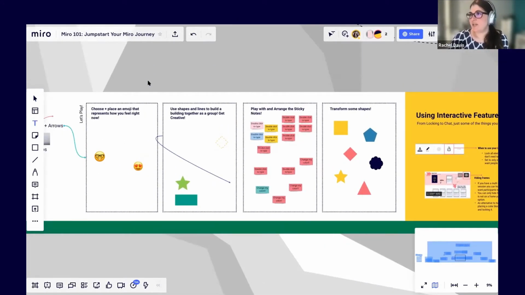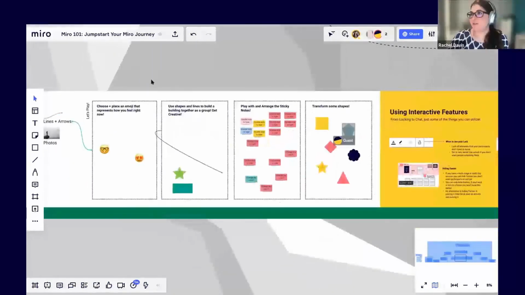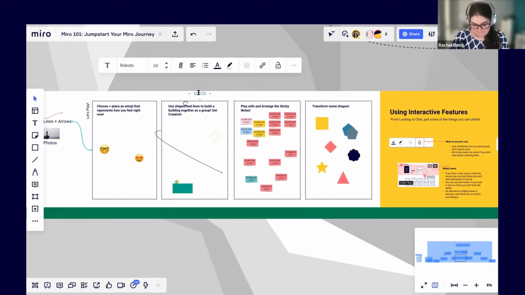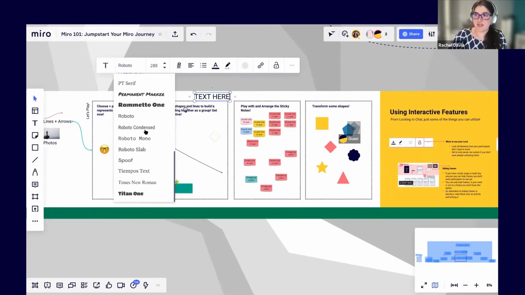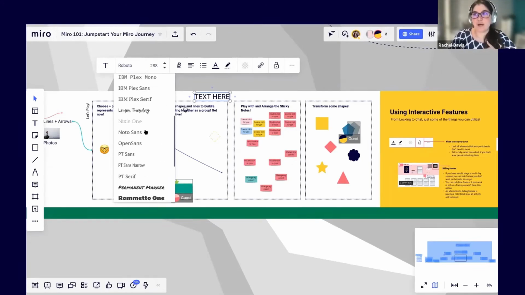In terms of text, let me make this bigger. Text here. So we're gonna make this a little bigger. So you'll see the fonts that are already in here. I do not believe you can upload fonts.